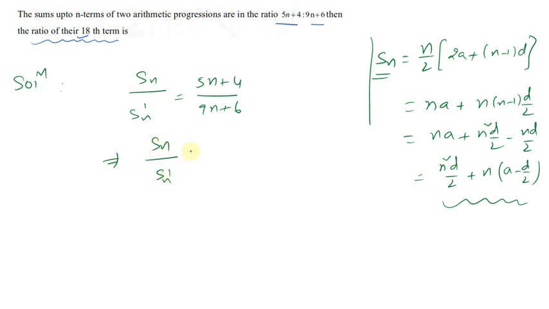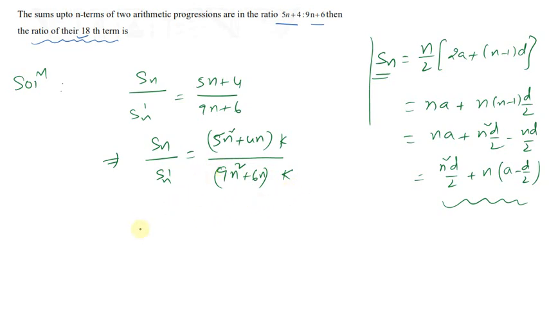Sn by Sn dash is equal to (5n square plus 4n) into k, I mean that is nothing but 1 by n. And here also let me use that only, multiply and divide with n. So this n and this n are the same. That's what I'm trying. This is the nth term of this series and this is the nth term of this series. So I multiply and divide with n. So you can write it like this, 5n square plus 4n, and this is 9n square plus 6n, into k.